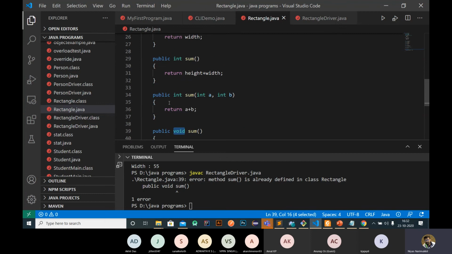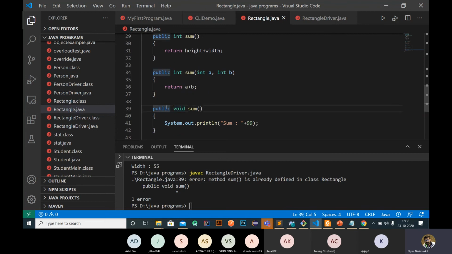Okay, I think we need to differentiate. This will not work. Void will not work. Okay.